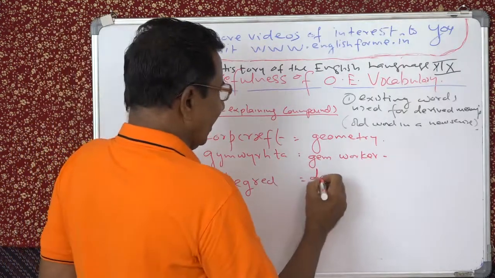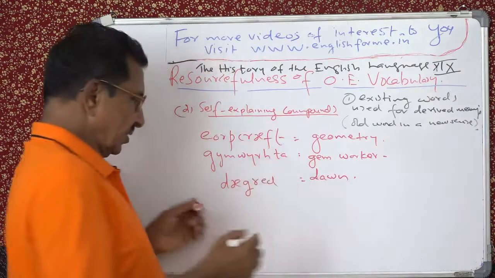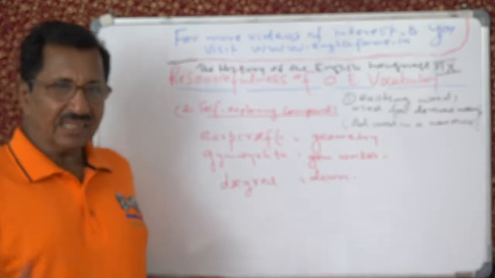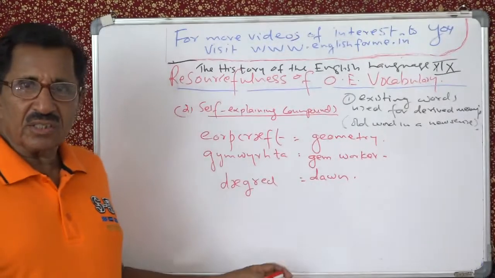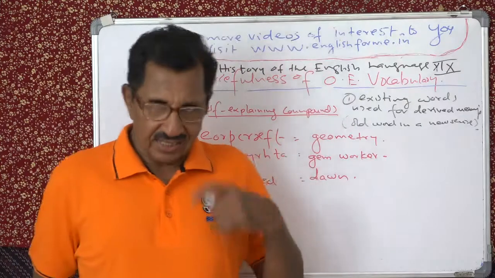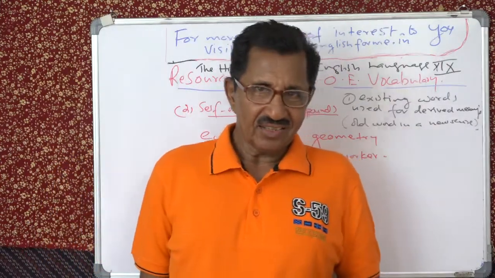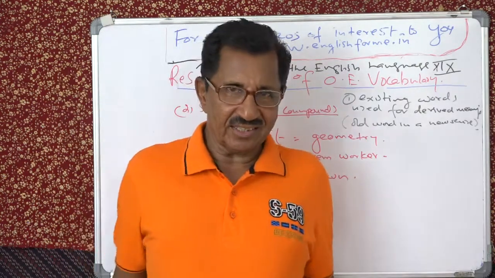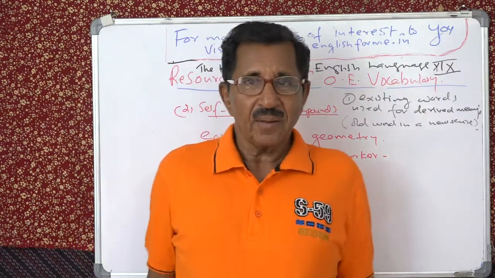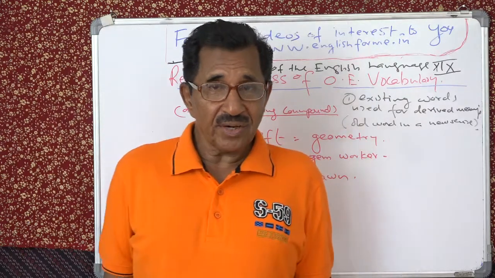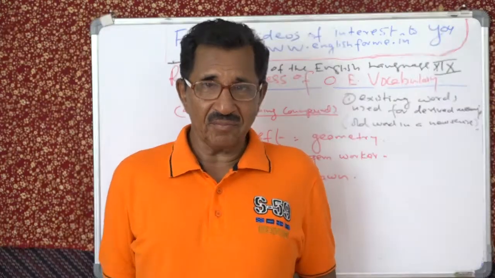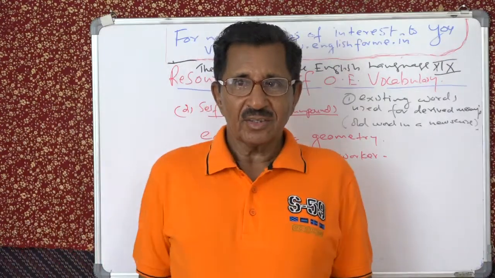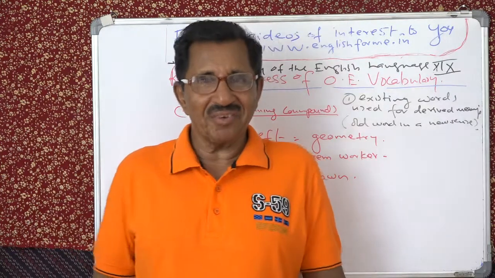So you have got dawn. Because this is not as clear as steamboat and so on, because we don't know the spelling. There are some slight changes in spelling and so on. So this is another way of enriching vocabulary. A very interesting method used by, I think, almost all writers. Milton said pandemonium. What is pandemonium? Pan means all. Daemon means devil. So devil's parliament is pandemonium.